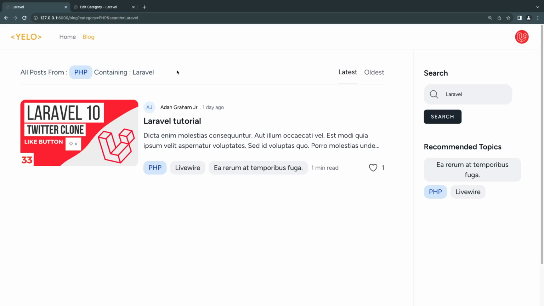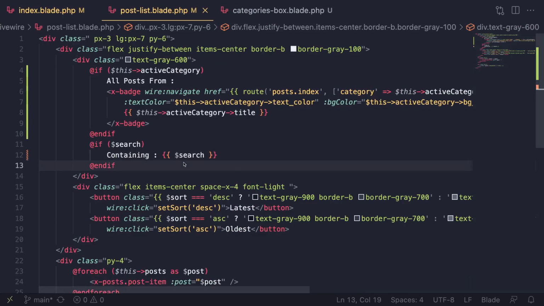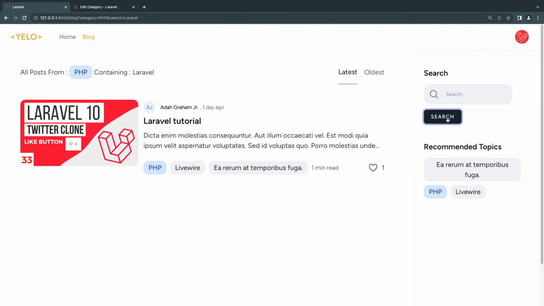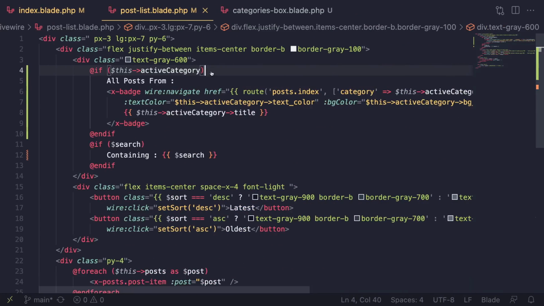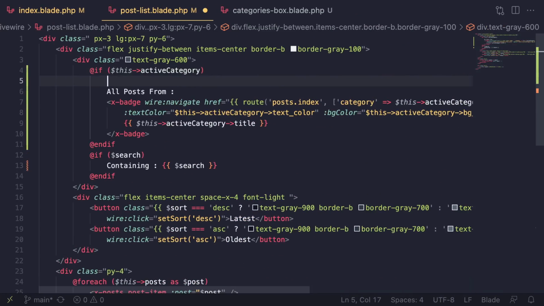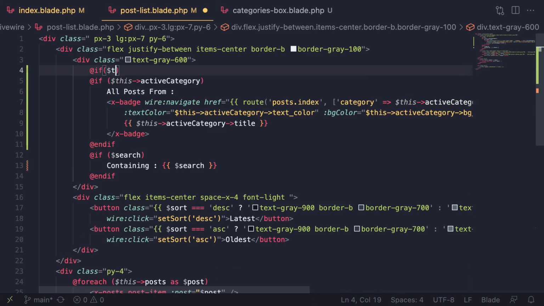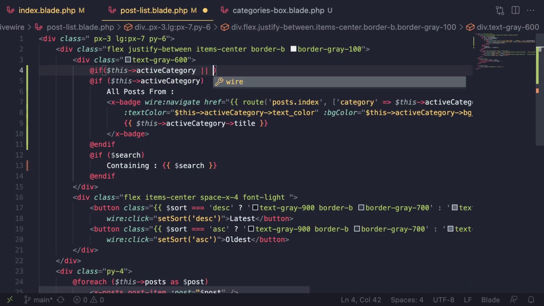Now, last but not least, guys, I would like to also add a button to clear the current search results. Last thing for this video, I know the video is getting very long, but basically I would like to add a button to clear the search results. Or maybe at least clear the category, because for the search we can clear it by doing something like this, but we don't have a way to clear the category, right? So I'm going to add a button over here, or maybe add a button before it and say if this.activeCategory or search,